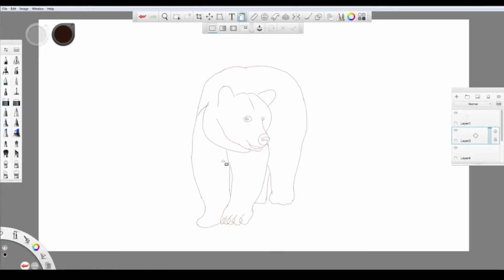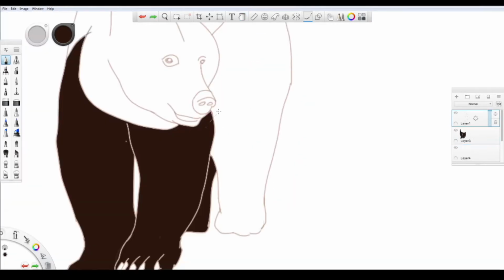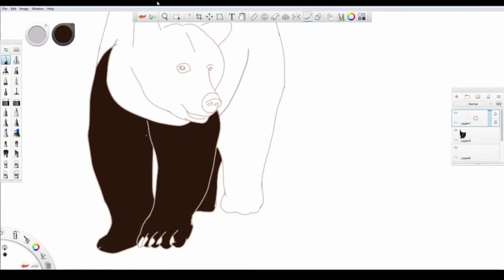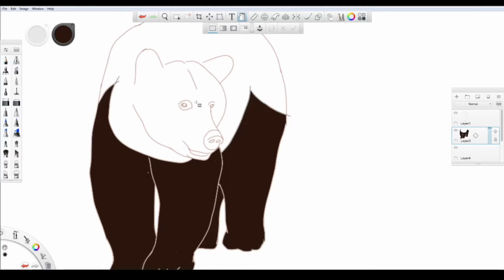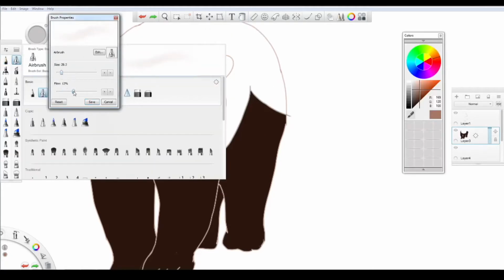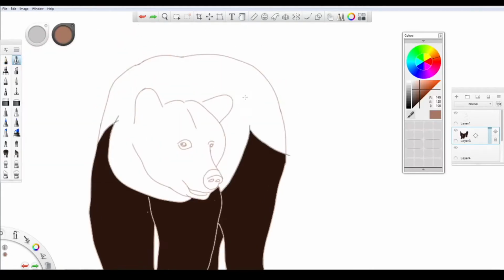To start with coloring, I will divide the parts of the bear body so that I can fill the color using the flood fill tool in a few parts. There should be an enclosed area to use that tool. In the remaining area, we'll use the airbrush. Press and hold the left key on the mouse for continuous flow. I will mix different colors, that's why I am using this tool.